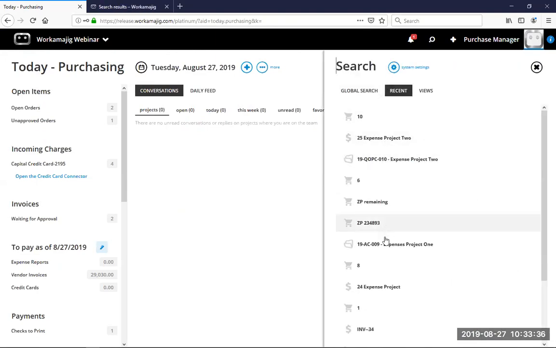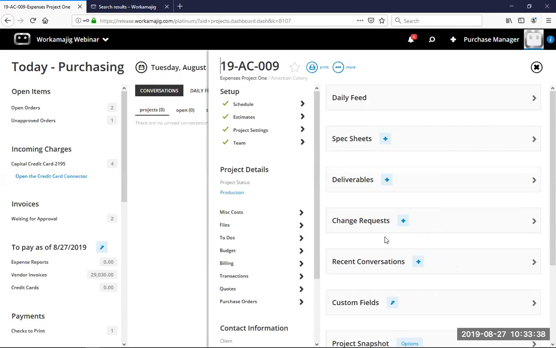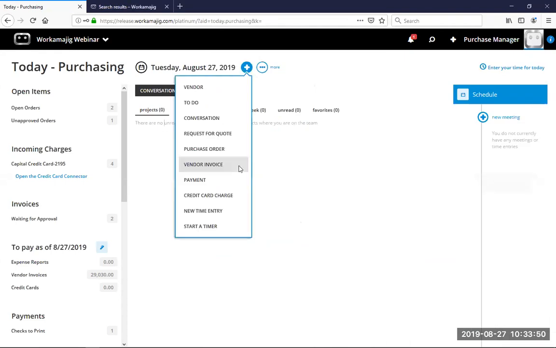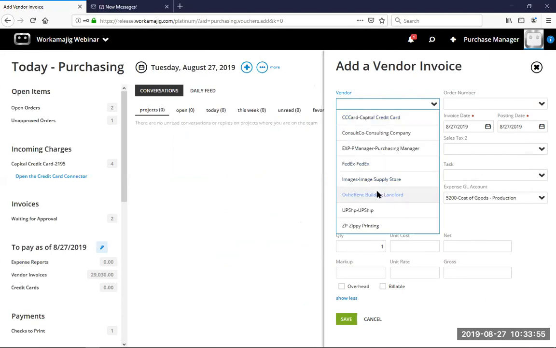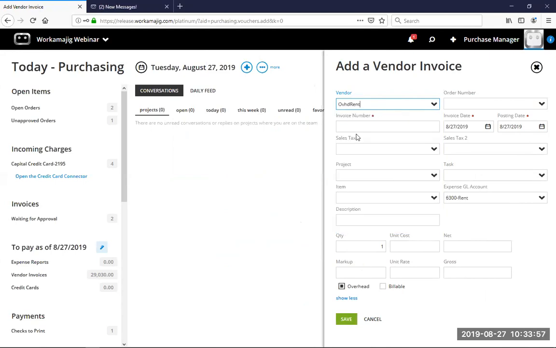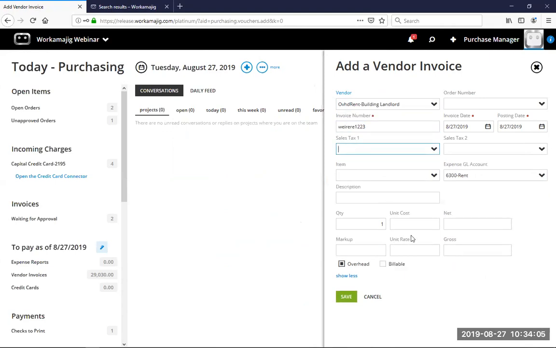Now I do want to make sure I get through some additional expense types. So we have our estimate, purchase orders, vendor invoices. Now certainly we're going to also go into entering just a regular vendor invoice. So I could come in, I could still have another vendor, maybe an overhead vendor invoice. I can have a vendor set up as overhead, and put in whatever number it is. That's a weird one. And I can certainly create a vendor invoice that's for overhead as well,